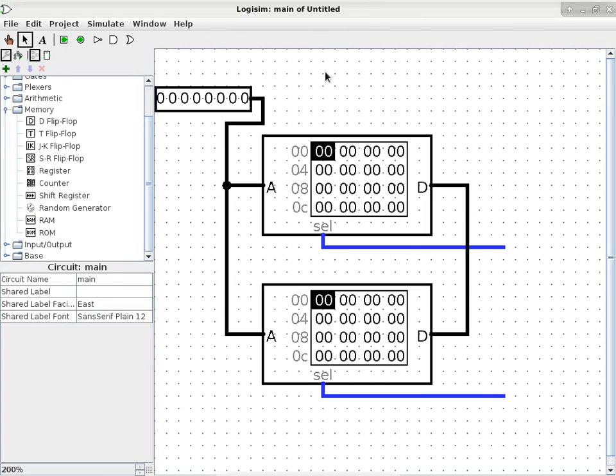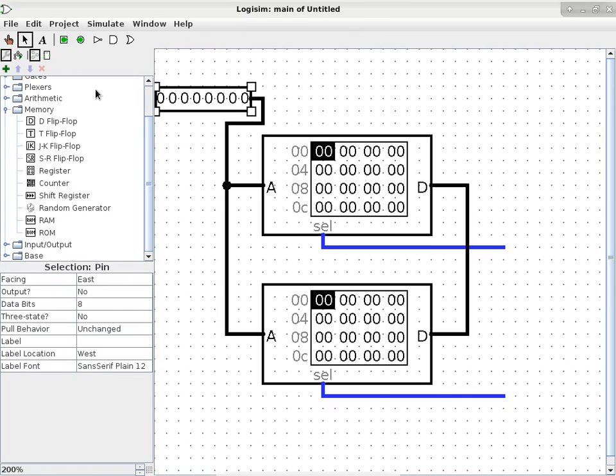So we can change this to 101, which is location 5, right? So okay, here we go. 101. This is location 5. You can count 0, 1, 2, 3, 4, 5. So by manipulating the address bus, the state of the address lines, you can now specify which location you want to access on each chip.